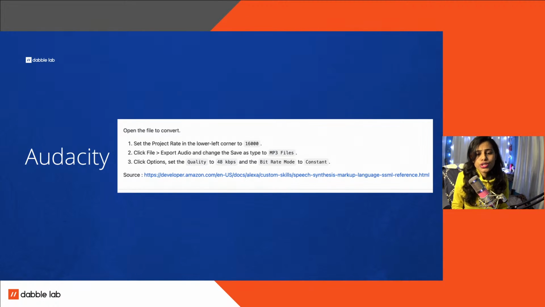In order to have any of your audio formatted in Audacity, make sure that it is an MP3 file, because Audacity wouldn't accept any other audio file apart from MP3.